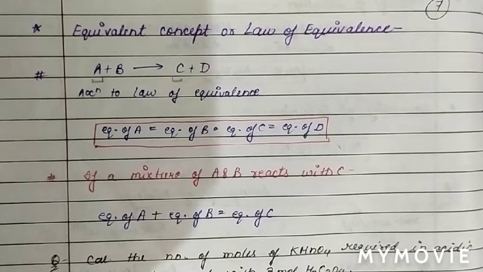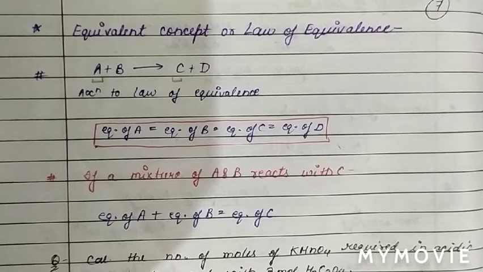In acidic medium, when KMnO4 is used as an oxidizing agent, the MnO4 minus ion will change into Mn2 plus, and the oxalate ion C2O4 2 minus will change into CO2. We have already balanced the reaction: MnO4 minus plus oxalic acid in acidic medium. KMnO4 is a strong oxidizing agent. It will change into Mn2 plus, and the oxalate ion oxidizes into CO2.